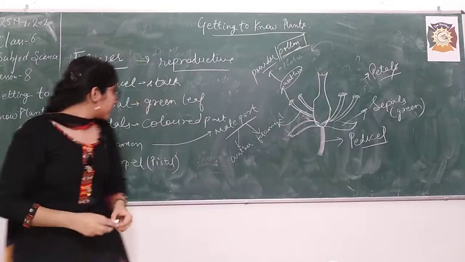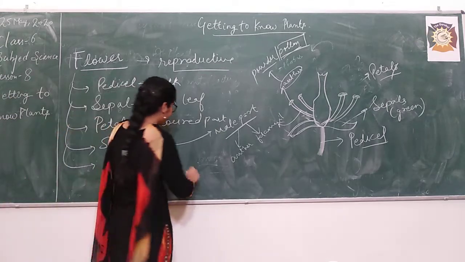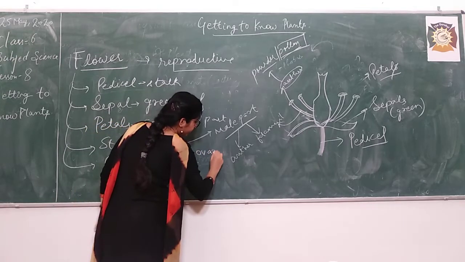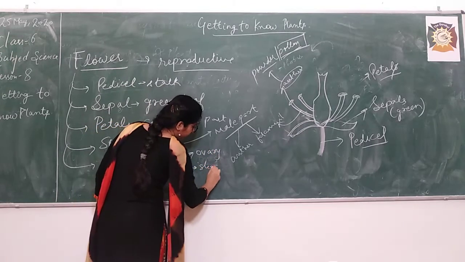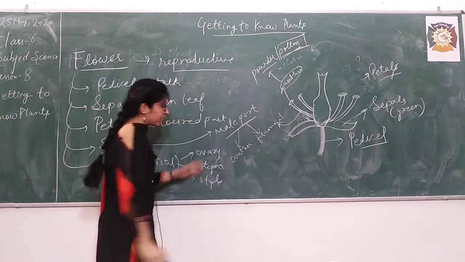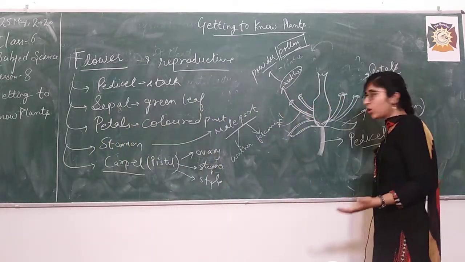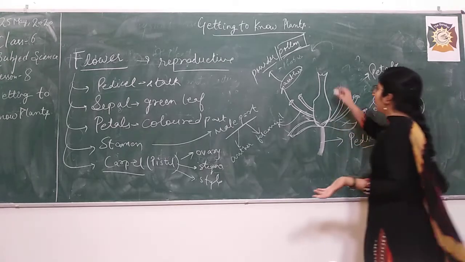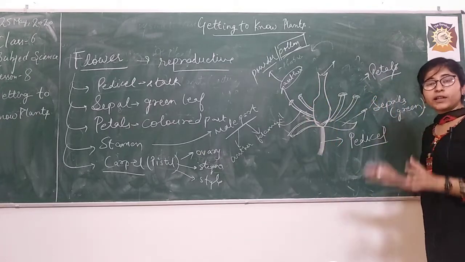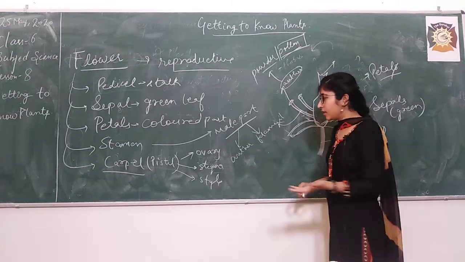So yes, after this, what are we going to study? This carpel. This is the female part of the flower. And what does it contain? It contains ovary, stigma, and style. We will just label these parts in the diagram as the detail is not in your class. We will study it in higher classes. For now, just mention this in the diagram. You will draw a well labeled diagram of a flower in your notebook as well. I will provide it in your notes, right?